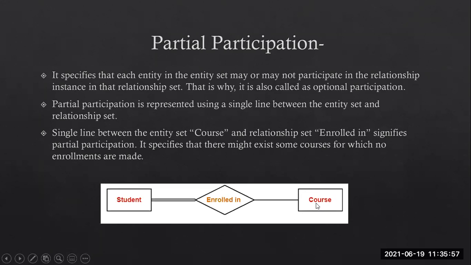And if anyone from the student table enrolls for the Python course, then we can specify the double line. So we have to say that both the entities are signifying the total participation here. Okay. So this is the partial and the previous one, total. At least all the values should be connected to something, so that will become a total. If any of the values have not connected or not enrolled for anything, where that value is present but is not getting associated with another table, then we have to say it is partial participation.